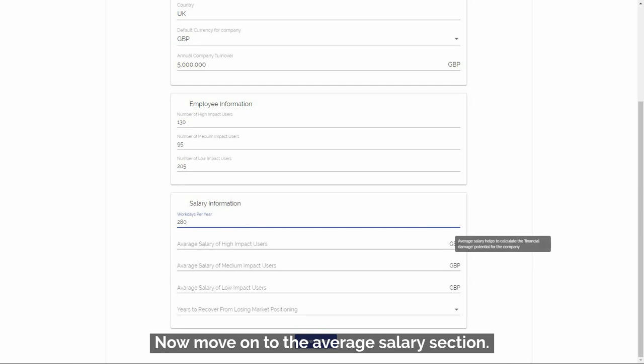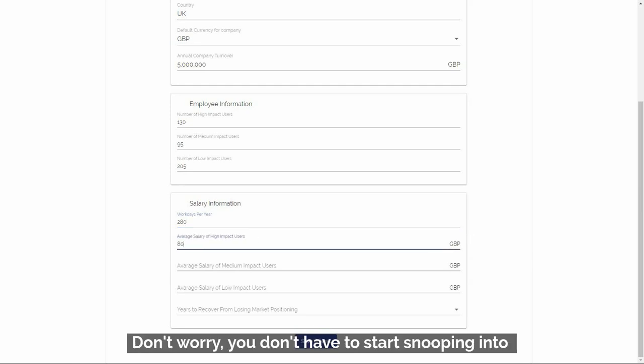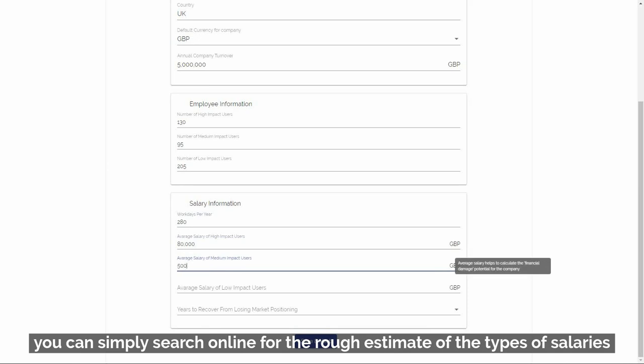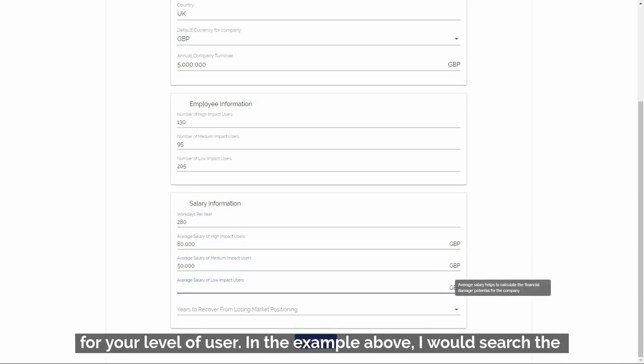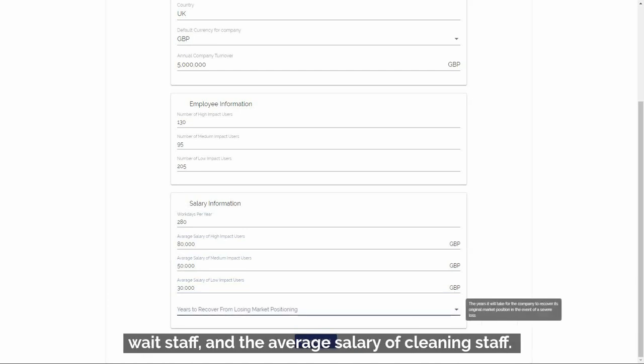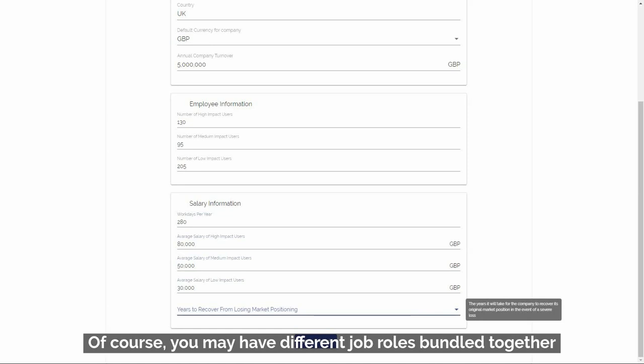Now, move on to the average salary section. Don't worry, you don't have to start snooping into people's paychecks here. You can simply search online for the rough estimate of the types of salaries for your level of user. In this example above, I would search the average salary of accounting staff in the UK, the average salary of wait staff, and the average salary of cleaning staff. Of course, you may have different job roles bundled together, so simply take an average across the group of job